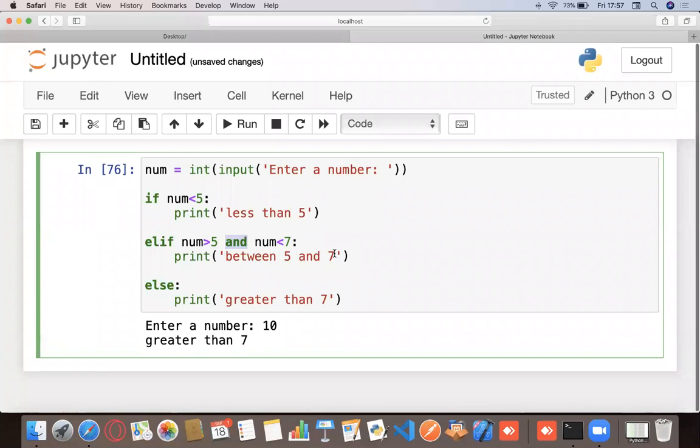Sir, in the is number less than 5 print, can we write in the curly brackets number? Then what will it be? I didn't get you. Could you come again? Wait, I'd write in the comment. Okay, thank you.